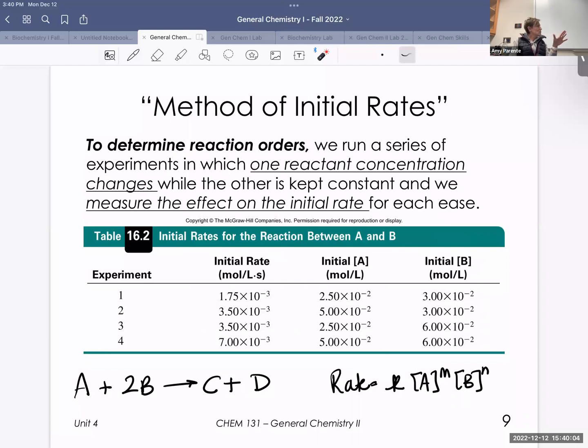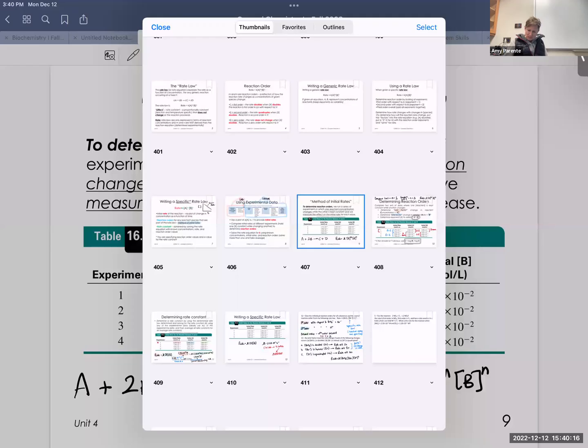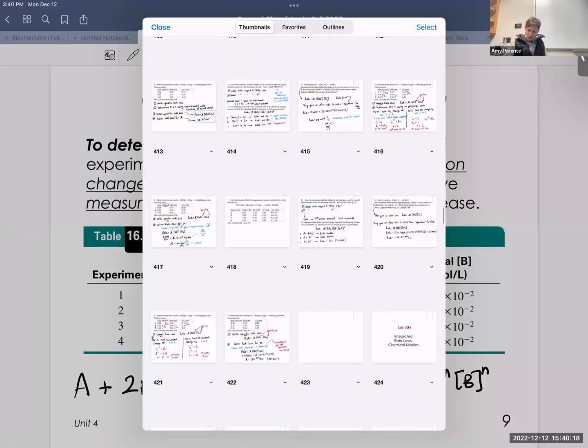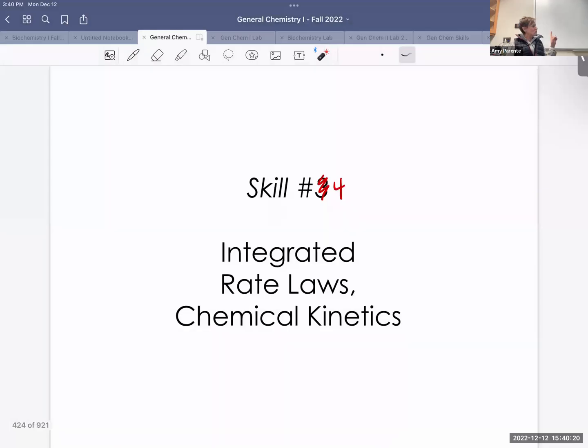Hopefully this might be something that you got a lot, because you got it in lecture and labs. So it might be something that's a little more crystallized in your brain because you saw it in multiple places, but that's the method of initial rates. And Kayla, to get at your other question, then we moved on to thinking about the other integrated rate